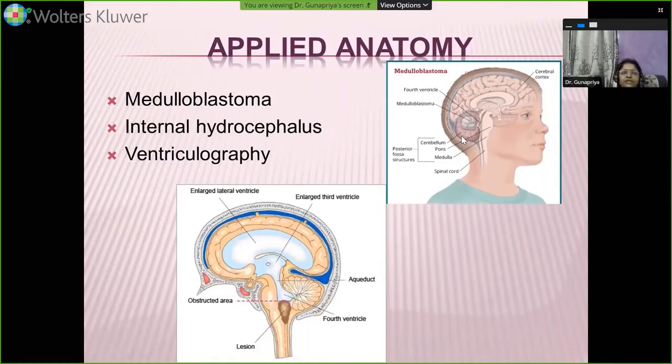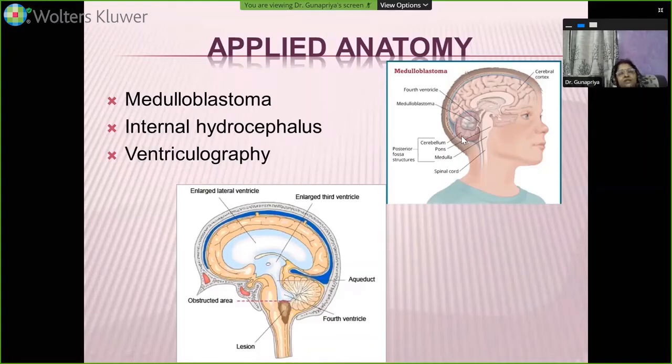It's not usually seen during birth or soon after birth. Only when the child is around 5 or 6 years old, slowly the cerebellar actions will start getting deteriorated. Only at that time you'll find out, when you go for a CT or MRI, that the child is suffering from medulloblastoma. It's a developmental tumor. It would have been there during fetal life as well as soon after birth also, but clinically it presents or expresses itself with symptoms only after the child grows for about 6 to 8 years or 10 years.